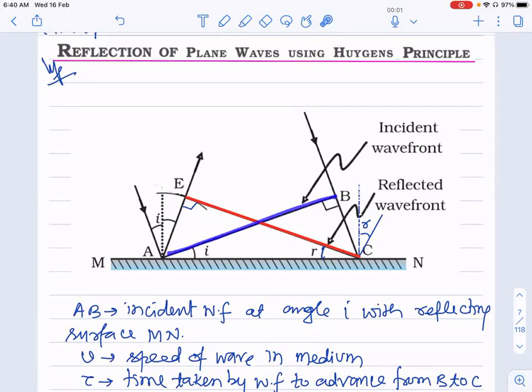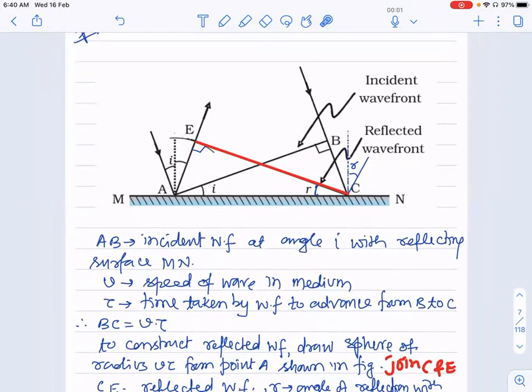This is the incident wavefront, ठीक है। तो these angles, they prove करना एक्चुअली हमें यहाँ पर, this will be I and this will be R, both are equal, we have to prove it, है ना। तो देखो यहाँ से देखो ये 90 है, total is 90, this is I, this will be 90 minus I, and this is normal drawn here, अगर ये 90 minus I है तो ये I हो जाएगा, getting or not।